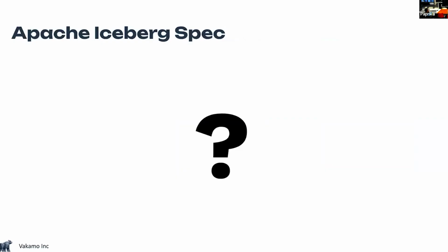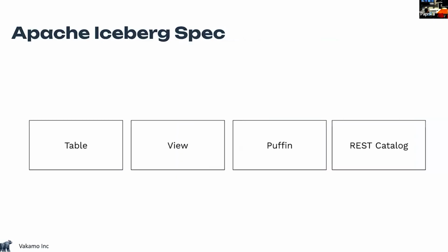So what is actually Iceberg? So we got 4 talks about Iceberg. What is Iceberg? Well, Iceberg is just a bunch of specifications. There's a table spec, view spec, path and spec, REST catalog spec. So communities got together and said like, oh, that's how it looks in the future. So that's how we actually see the world of Iceberg and how Iceberg is going to be built. So everyone can participate on that one. So since my company is most time involved in a REST catalog, I will just go to the REST catalog and explain you the future of it.